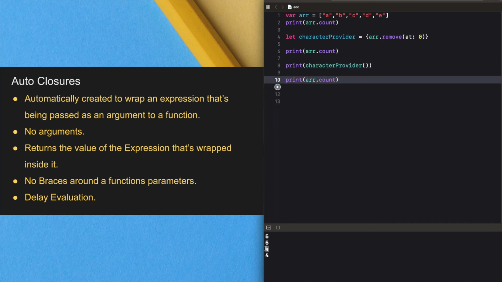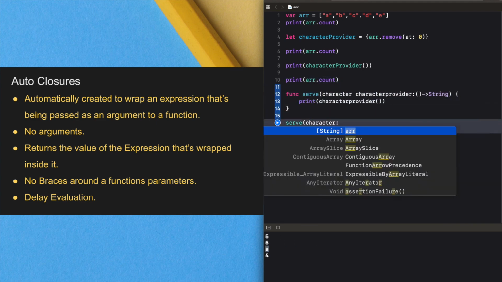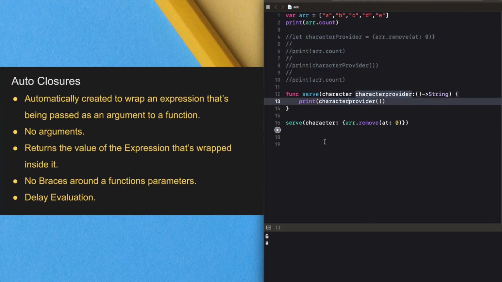You get the same behavior of this delayed evaluation when you pass a closure as an argument to a function. So this function takes an explicit closure that returns a character from this array.